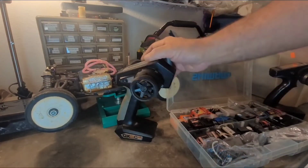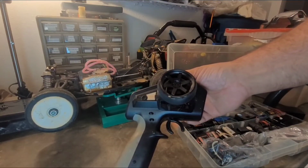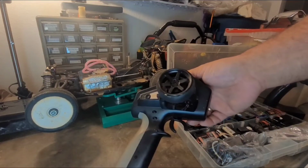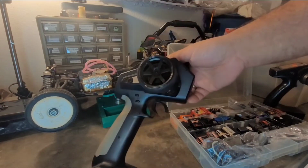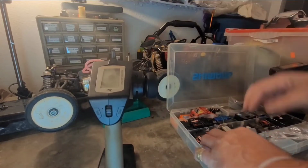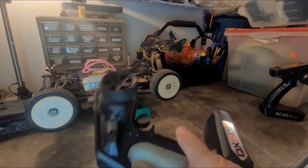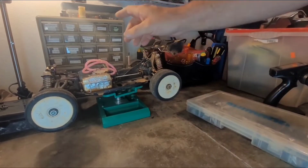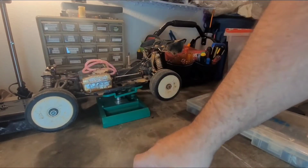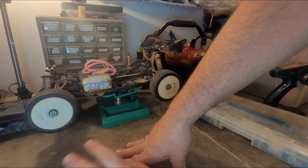It is very high quality, good stuff, but in my opinion, I've been running this for over a year now, probably about a year and a half, and it has been great. I like Spectrum radios. I think it's a good balance of quality and price. That's my opinion. All right, so yeah, you don't have to spend a whole lot of money on radio, but spend some, right? That's my point. But where I spend my money, right? I'll show you where I spend my money, and I'll tell you what, the exact same thing